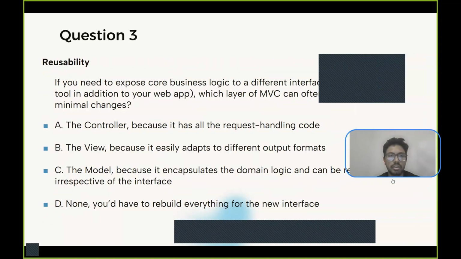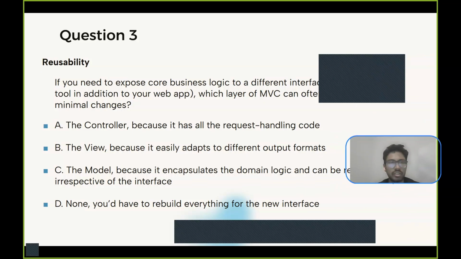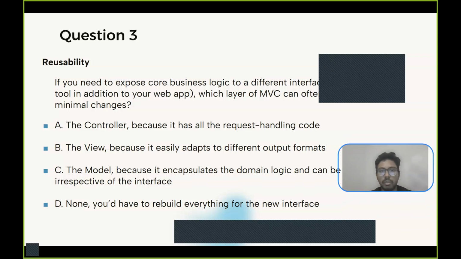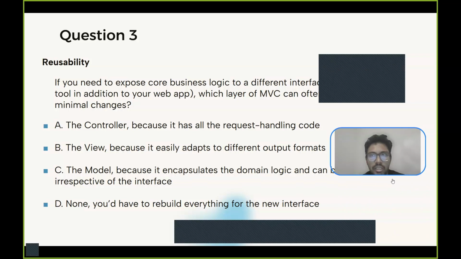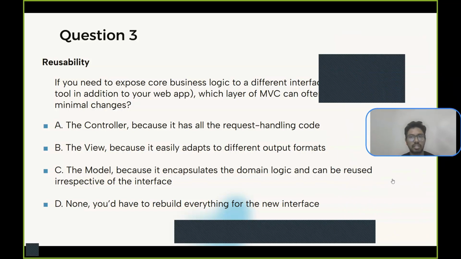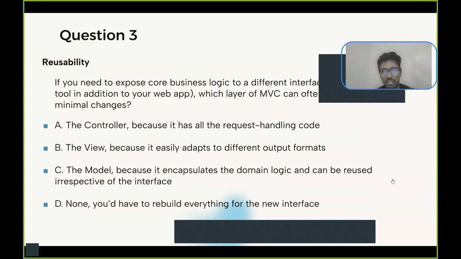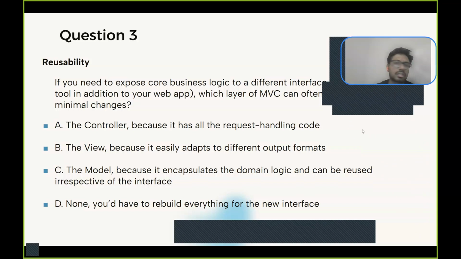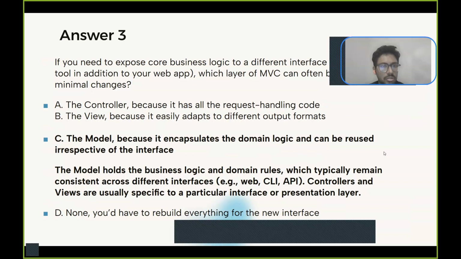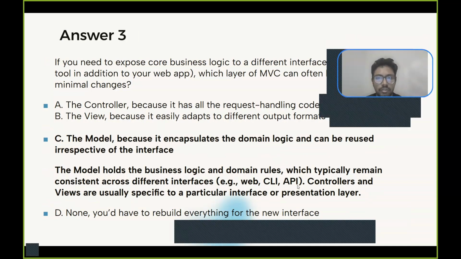Third one: if you need to expose core business logic to a different interface, for example a CLI tool in addition to your web app, which layer of MVC can be reused with minimal change? Model is always the hardest to change. View is basically how we represent it. Controller will handle your routes, backend code. So which one is easier to change? I would say view is very easy to change. Controller is also very easy to change. Model, on the other hand, is slightly harder,